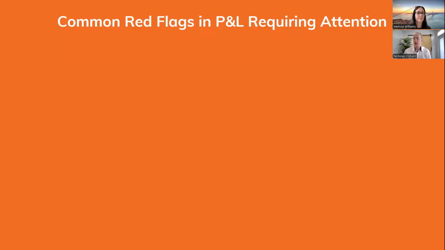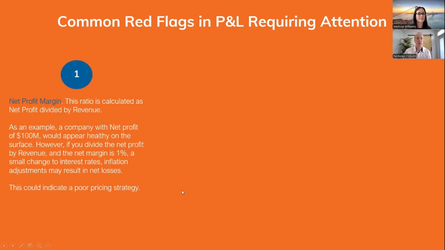Yeah, so I don't want to scare people by saying things like net profit margin. Some of these are just finance terms. It's really easy. Your net income is the bottom line of your profit and loss statement. To get the margin, you're just dividing your bottom line by revenue. So the example here being, let's say you're a huge company and you see $100 million as your net profit. We're all thinking, fantastic, I wish I was that entity, they're doing phenomenally well.